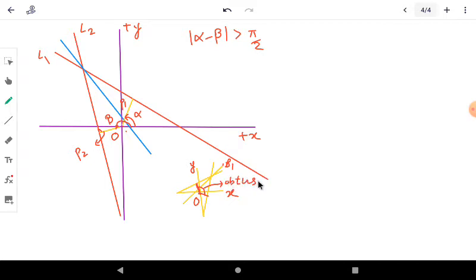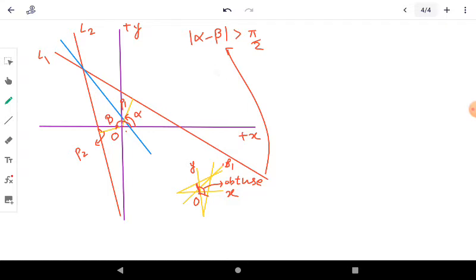Similarly, this is the first quadrant I have drawn, this is the second quadrant, third and fourth also we will notice that mod alpha minus beta greater than pi by 2 will prevail. Okay, so in short,